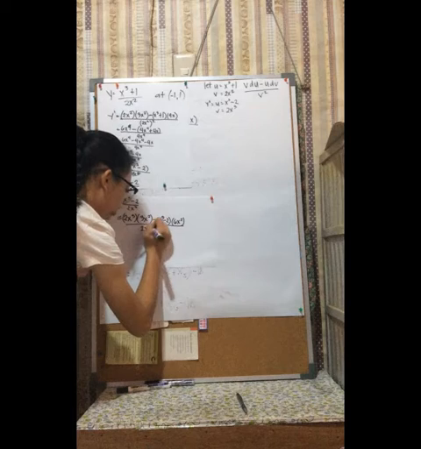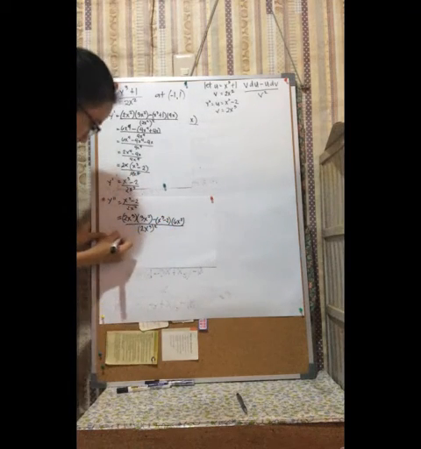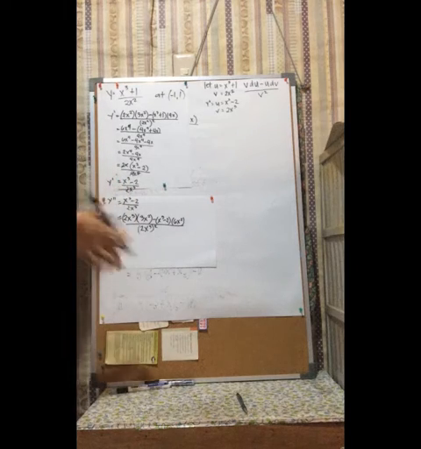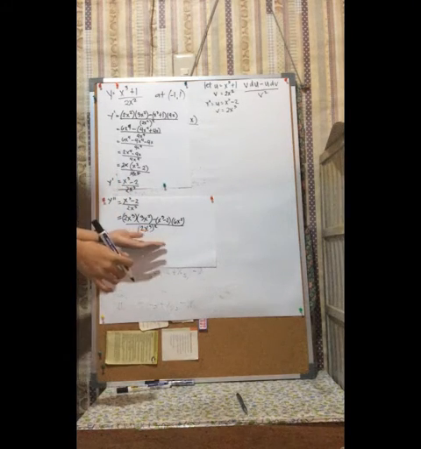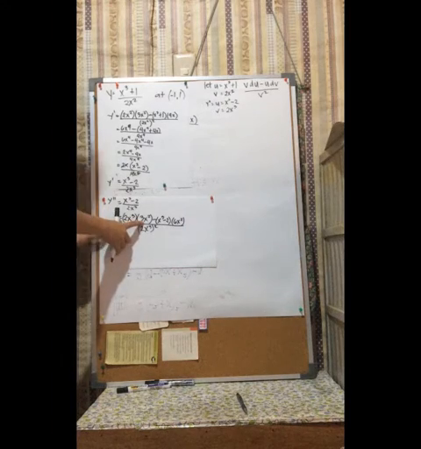Sorry, so 2x cubed squared. Simplifying, 2x cubed times 3x squared is